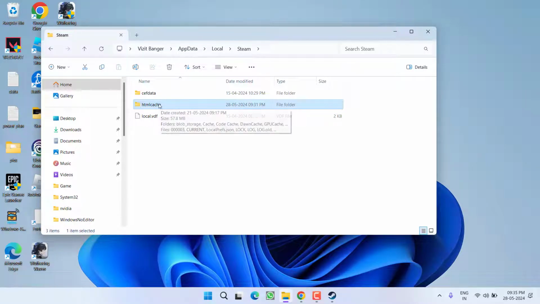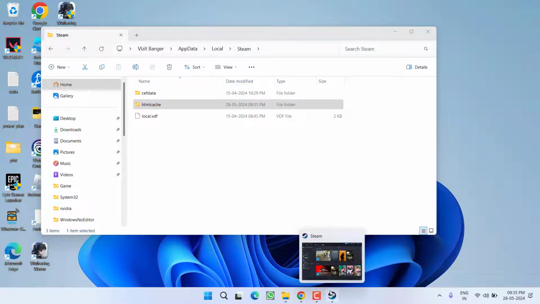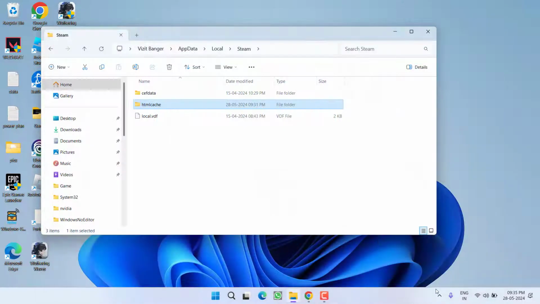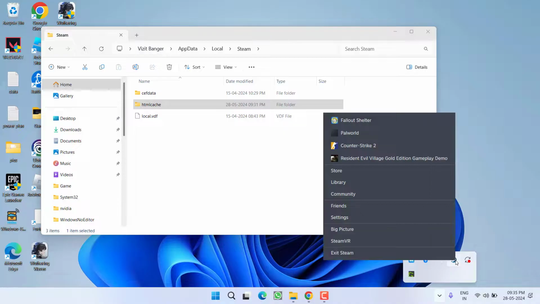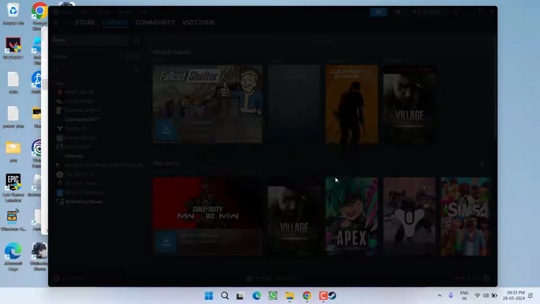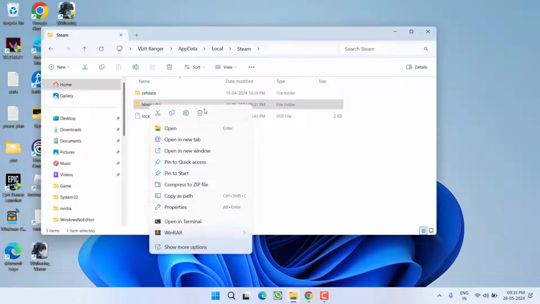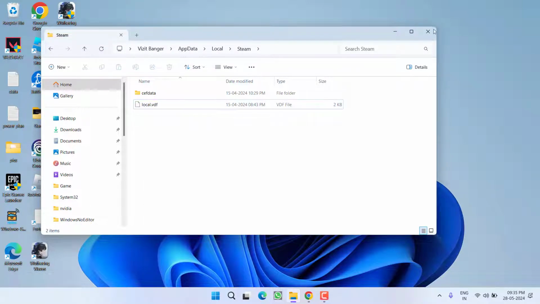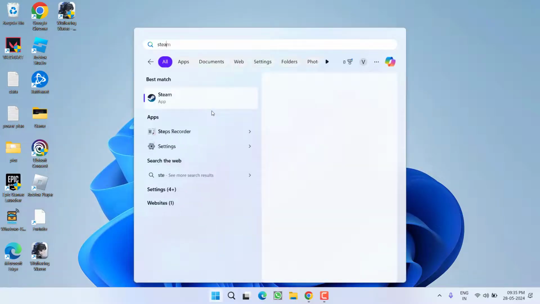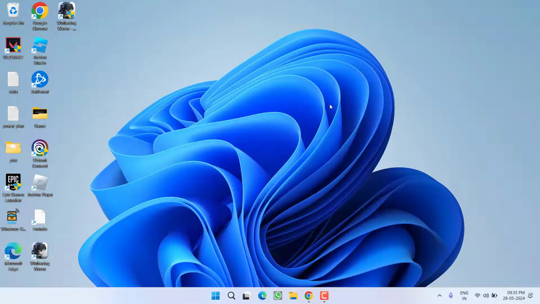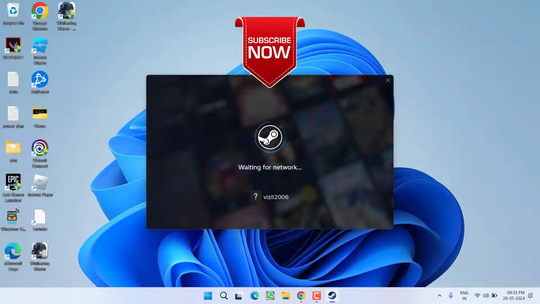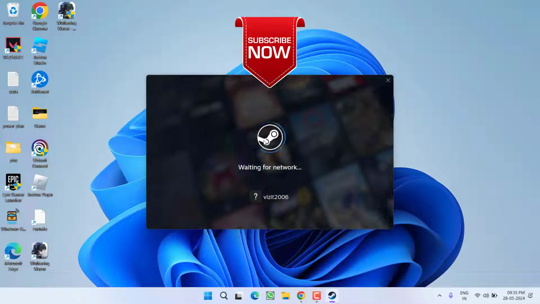You need to delete this particular folder, but before deleting, make sure you close the Steam even from the system tray also, else this folder will not be deleted. Once the Steam is closed, right click on htmlcache and hit the option delete. Once deleted, go ahead, relaunch the Steam, and hopefully whenever you hit the library option this time, you will not encounter the black screen while launching the library in the Steam.